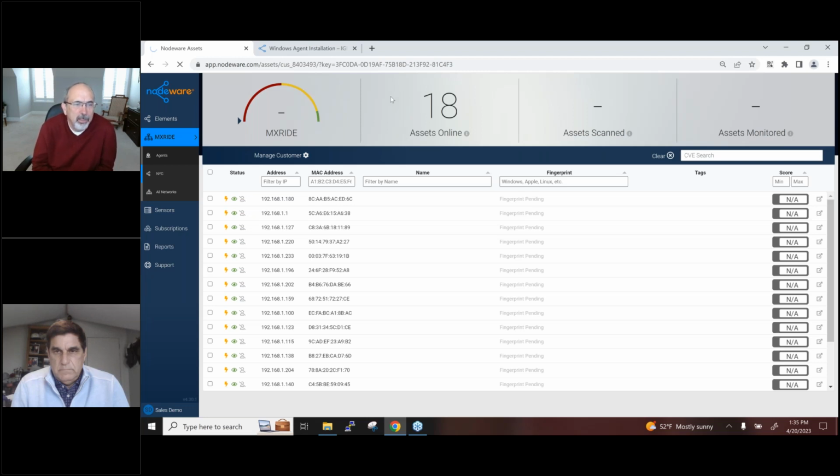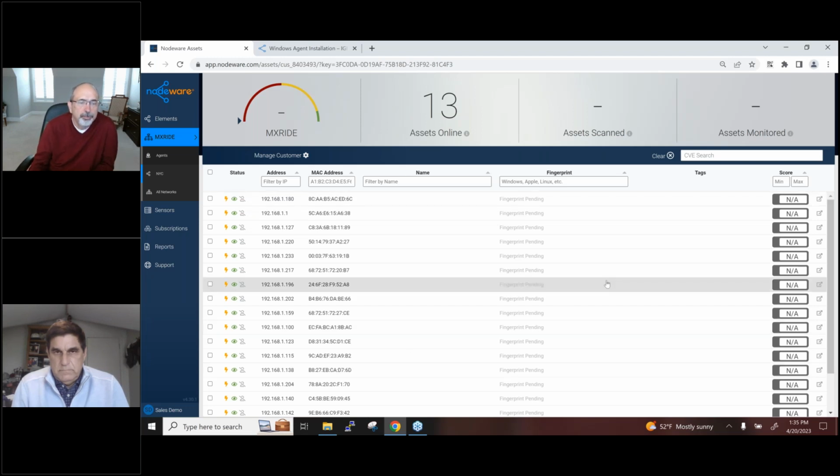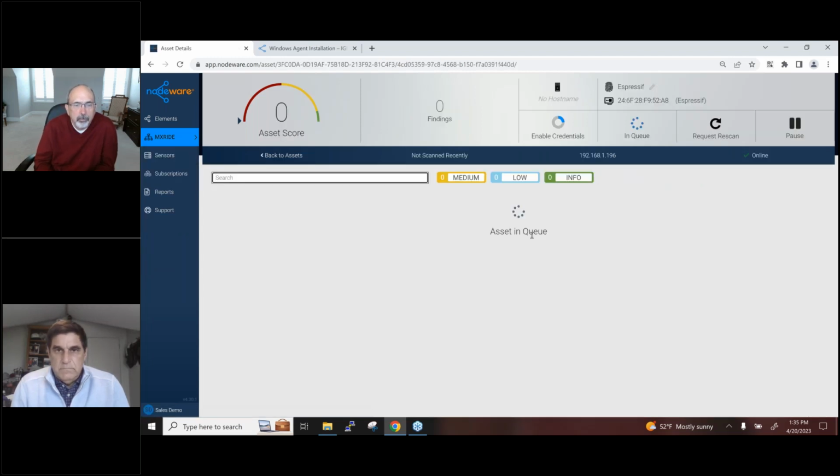To get the, I mean, this is 18 assets, just. Yep. So to scan this start to finish on a new sensor, I'm going to want to leave it 2 to 3 hours to complete everything. But what you'll see if you check back in 5 minutes or 10 minutes, you'll see, okay, all the fingerprint is done. The fingerprint will actually give a score to that device,